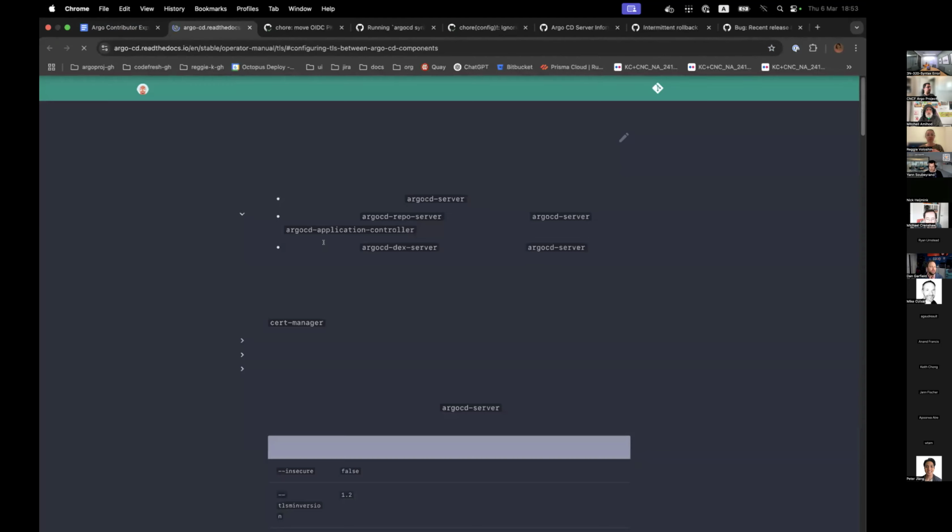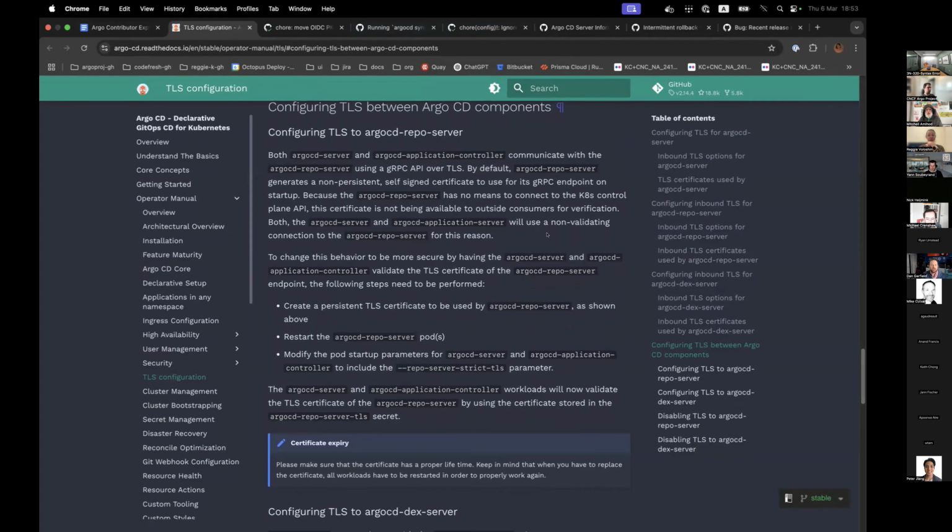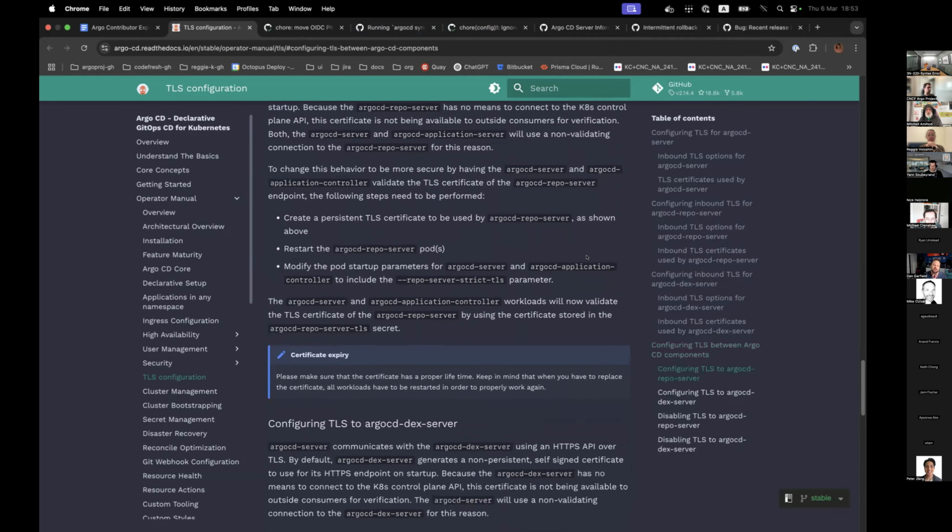Yeah, I just had a question. In the documentation, if I'm reading this, it says basically all of the components should be using gRPC, which is self-signed and encrypted by default. Am I missing anything? Because here it doesn't mention every service. It only mentions repo server, dex server, application controller. It doesn't mention like application set controller, for example. So when I read this, I thought that MTLS is just sort of enabled by default across services, but maybe I'm misreading it.